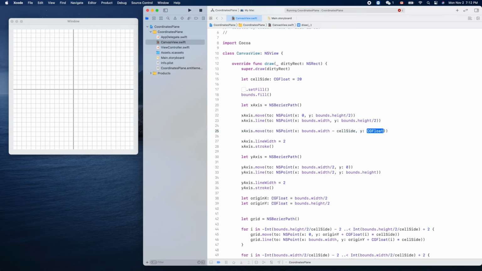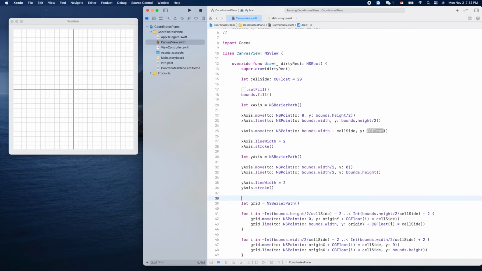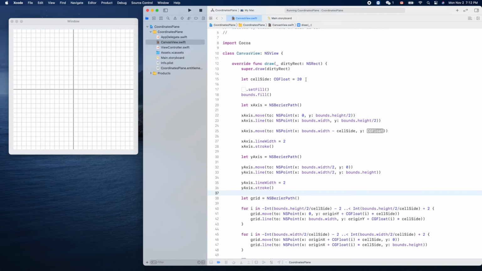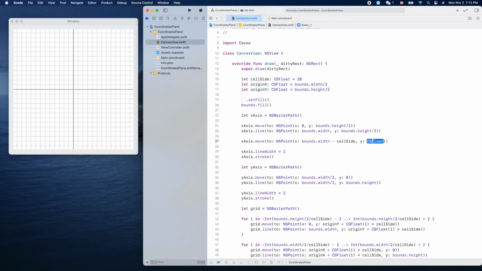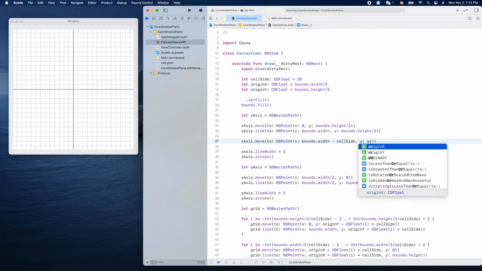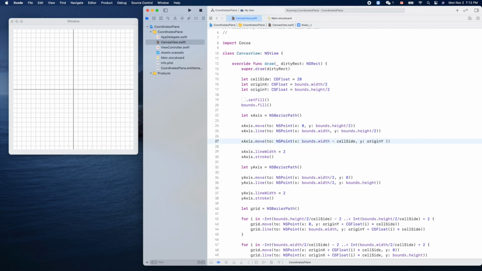Cell side Y will be this middle, okay. So origin, let's also move up this one, because we'll reuse it. So put it here. So origin here is origin Y. We can minus a fraction of cell side, like a quarter of that. Okay,